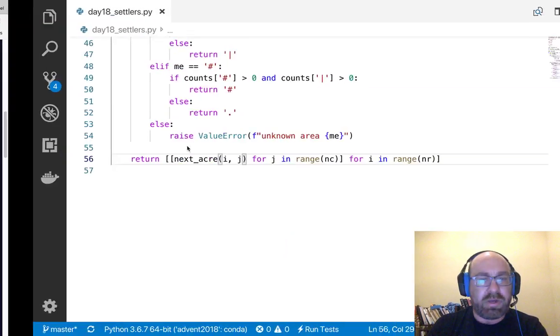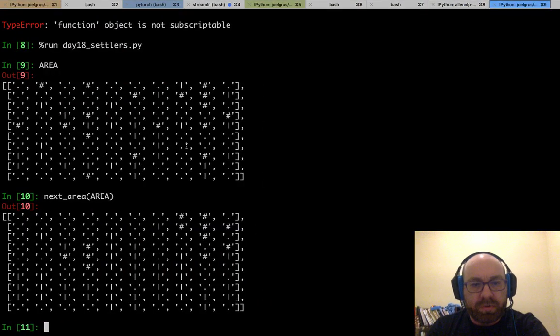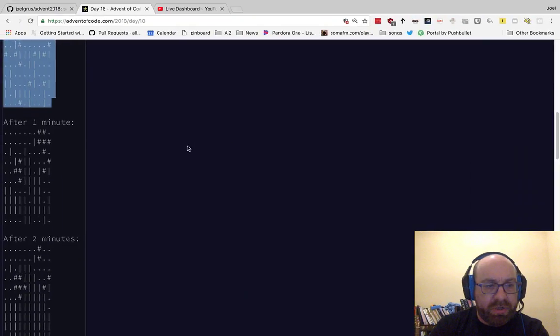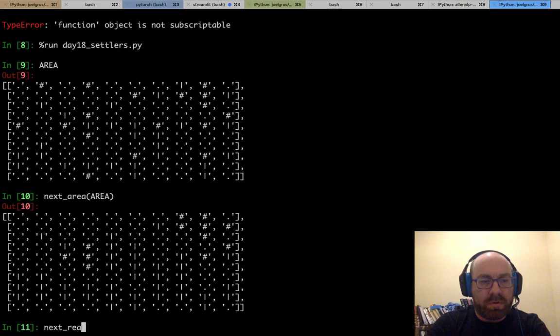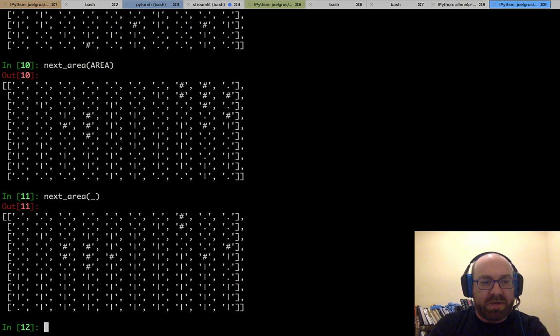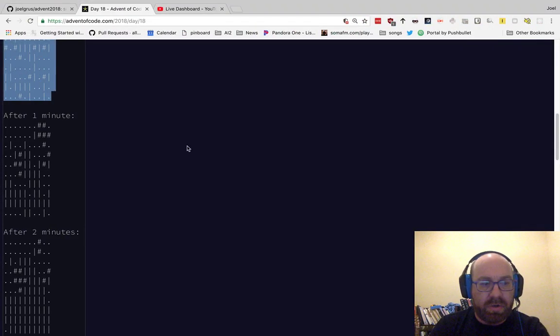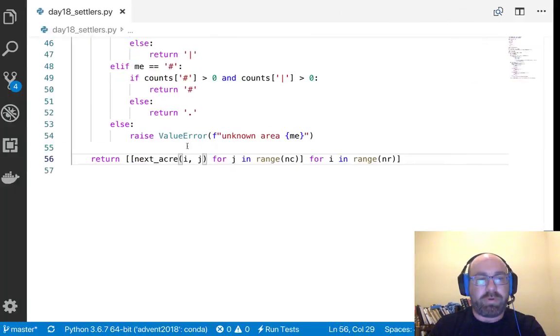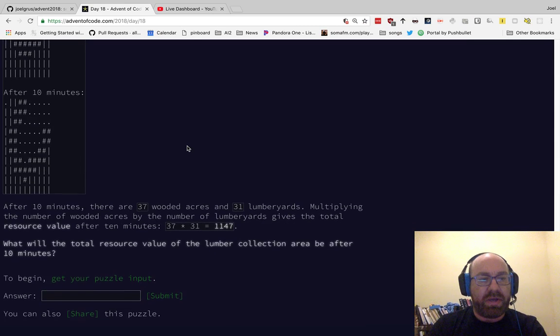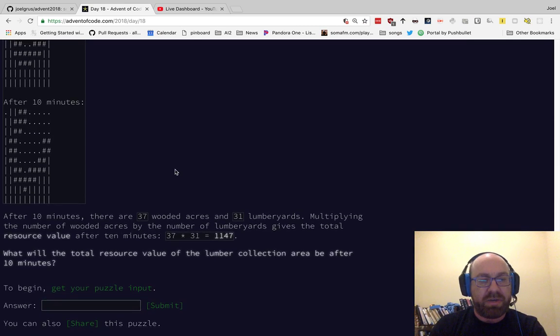Okay, so let's see if that looks right. After 1 minute, I have this thing up here, and then I have this little sideways T over here. So that looks right. Next area of that, and now I have these two going down there, and then that off to the side, and a bunch of things. So it looks like I'm doing the right thing. And after 10 minutes,